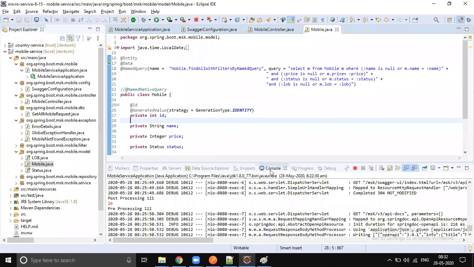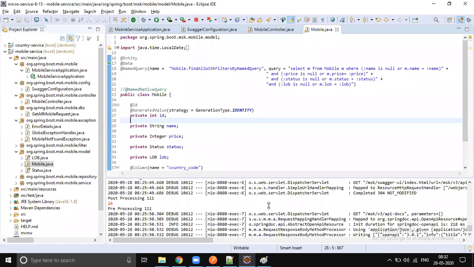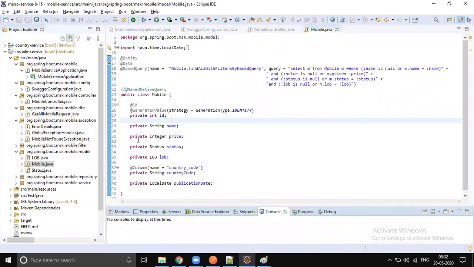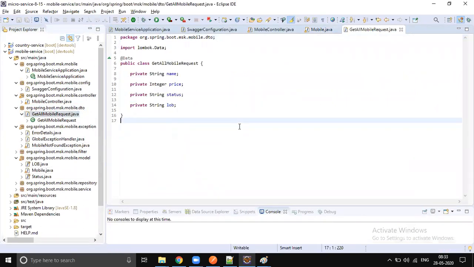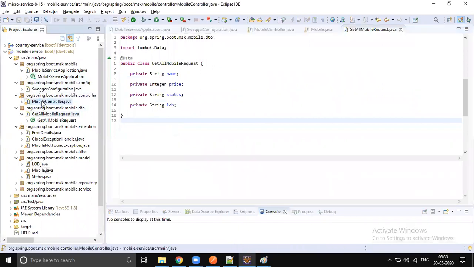So the first change, what should we do? We should create one more layer called DTO. The DTO is already there. So let's start from saving the mobile.